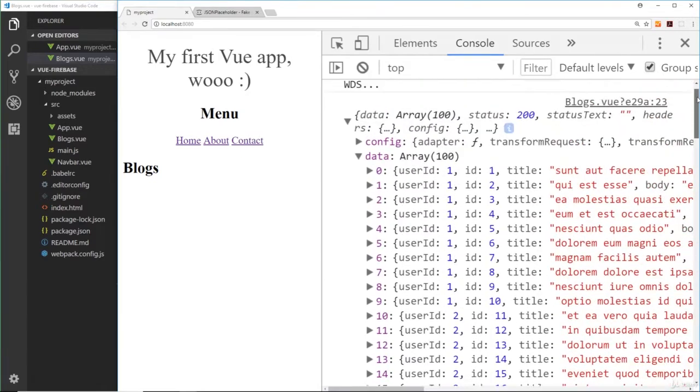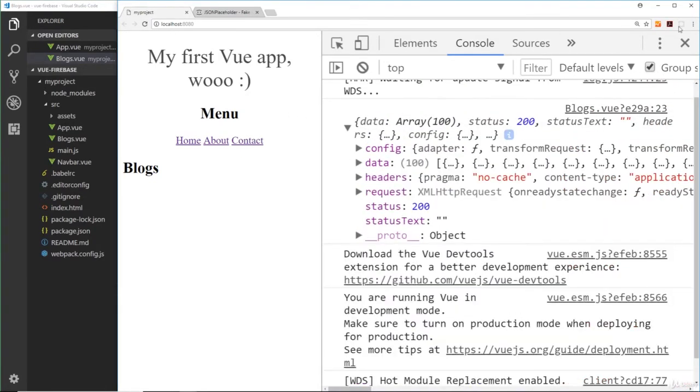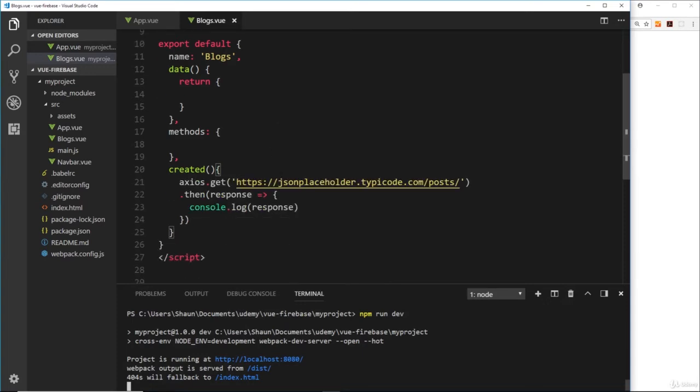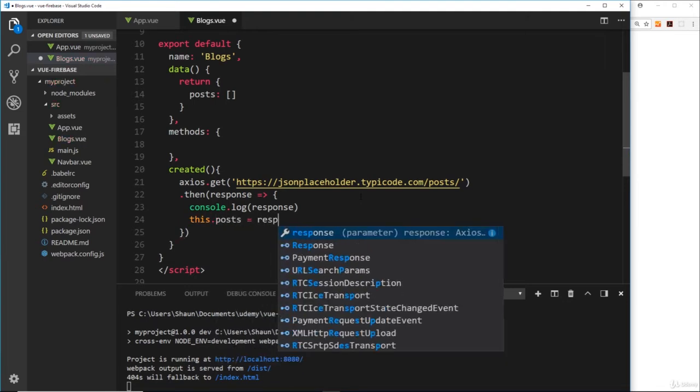So now we can use this data to output it to the component. Okay, so how do we do that exactly? Well, what we'll do to begin with is create a property inside our data called posts. And we'll just set this equal to an empty array to begin with. Now, what we'd like to do is take the post data from this response and inject it into this array, into this posts property. So what we'll do is we'll just say this.posts is equal to response, and it was